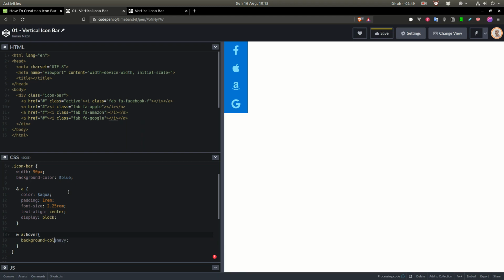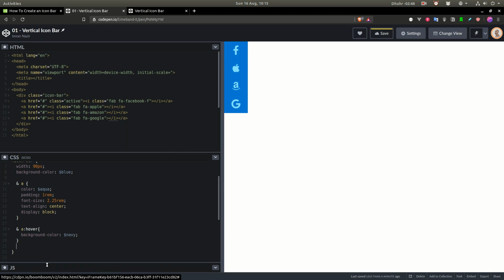Background color. Okay, let's test that out. Yep. Okay, so let's set the color of the active class, which would be